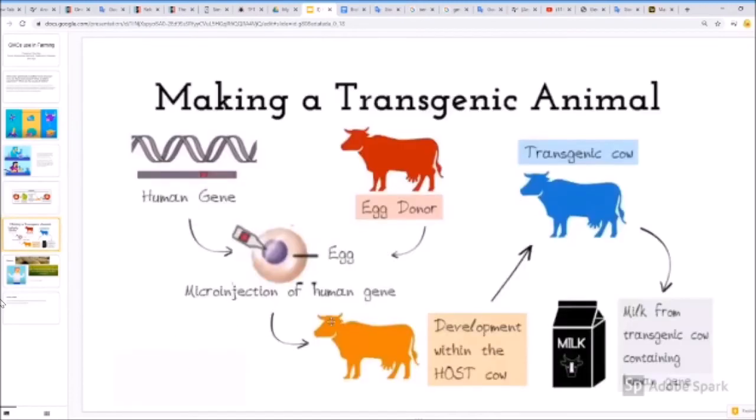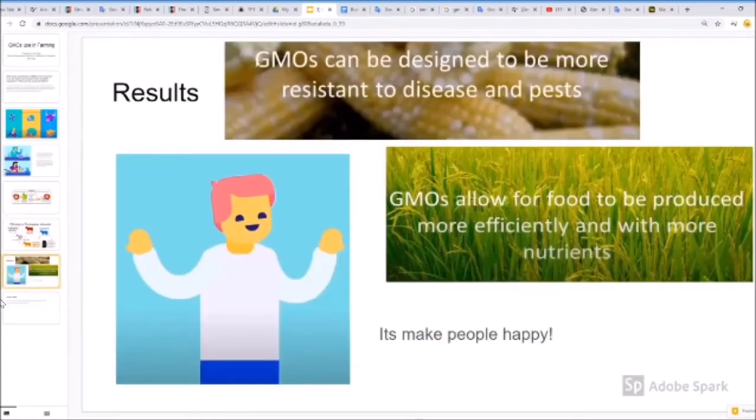On the other hand, making a transgenic animal, they combine the human gene with the cow gene and make a transgenic cow, and they produce milk from the genetic cow containing the human gene. And finally, the results. The GMO can be designed to be more resistant to pests